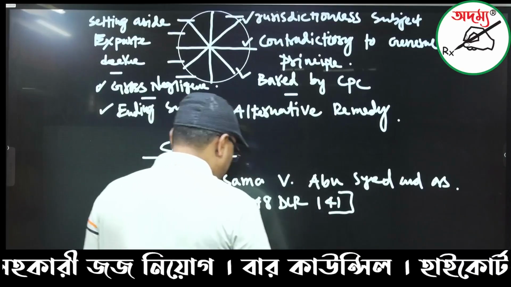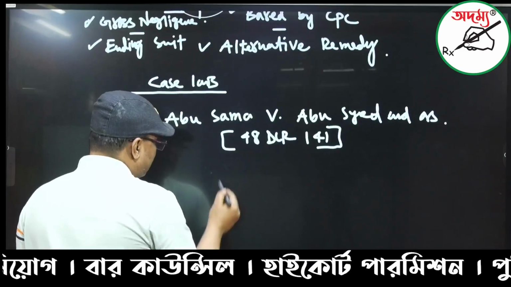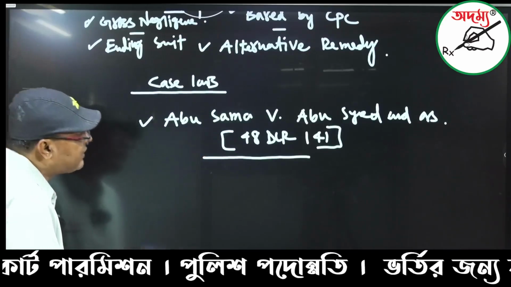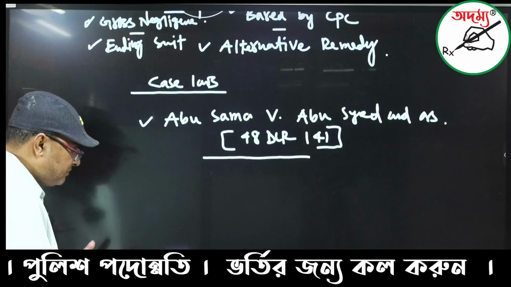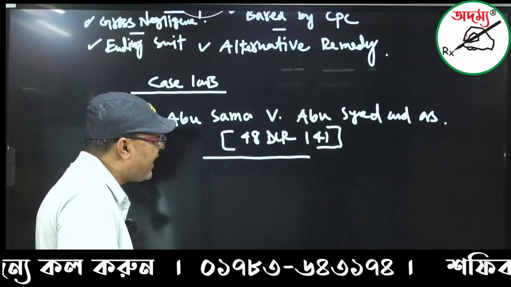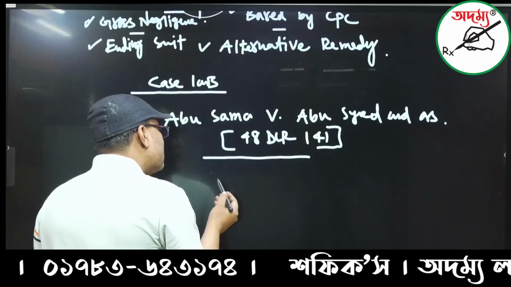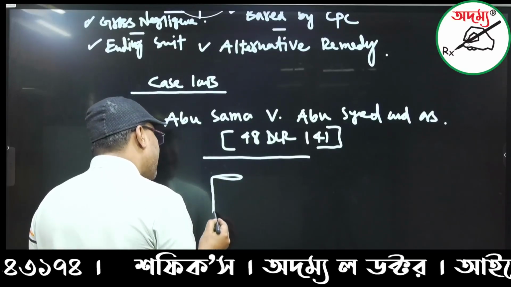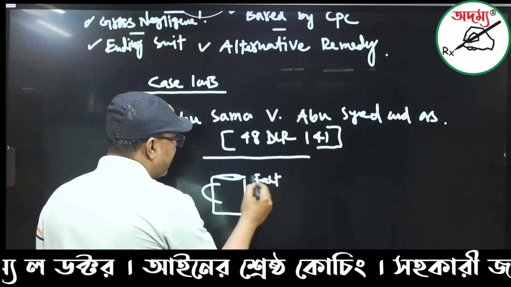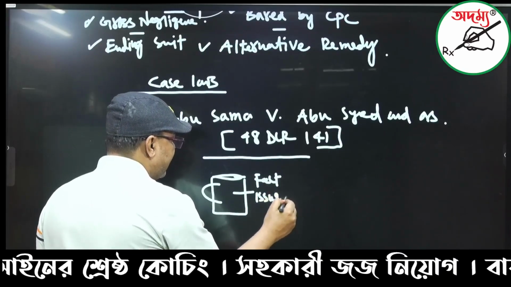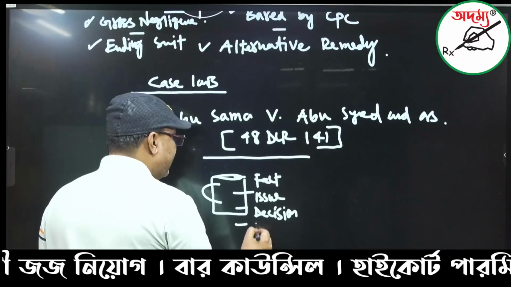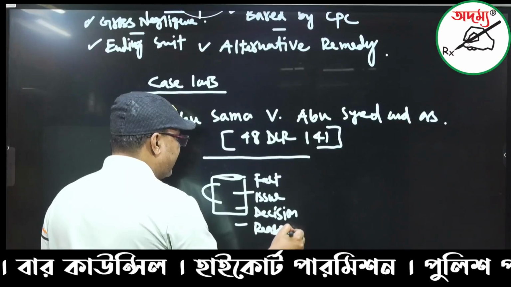141, this page number. In this case, it is quite clear to us what the fact of the case is, in a systematic way, and what exactly strengthened the hands of the court. How can you understand the facts and the issue that may arise, and not only that, the decision-making power and the reasoning system, what exactly the reasoning is in this regard.